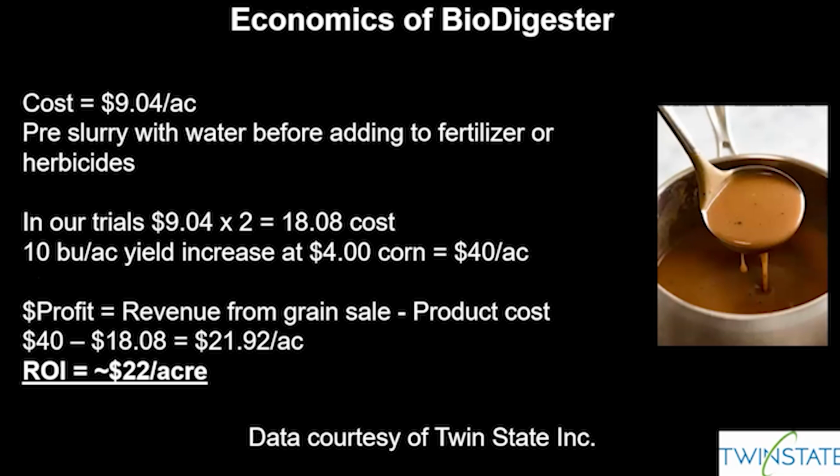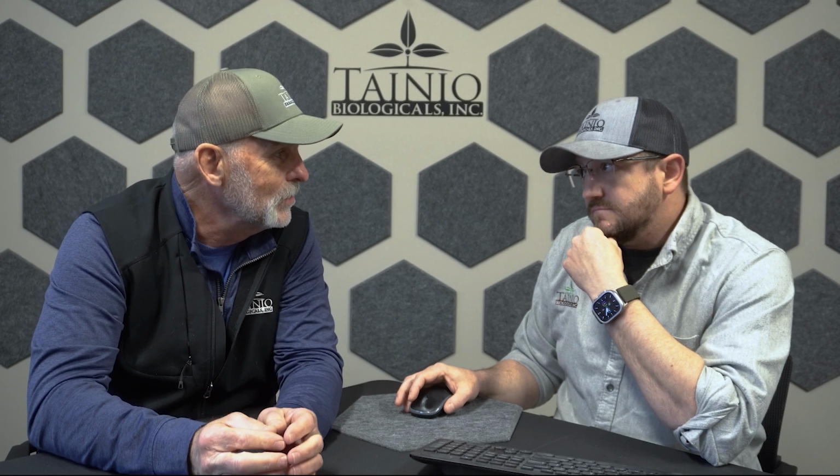But the great thing about this is their ROI was $22 per acre by utilizing the biodigester within that field environment. Based off a yield bump and cost, they saw a $22 per acre increase, which is very exciting, especially, I mean, they were talking $4 corn here. So as we start to look at how we manage a better ROI on our investment when crop prices are extremely low, and we're looking at that going into this next season with everything that's going on, how do we make more money? That was the thing that we were so excited about. I mean, as you referred to this, Steve, this is gravy.